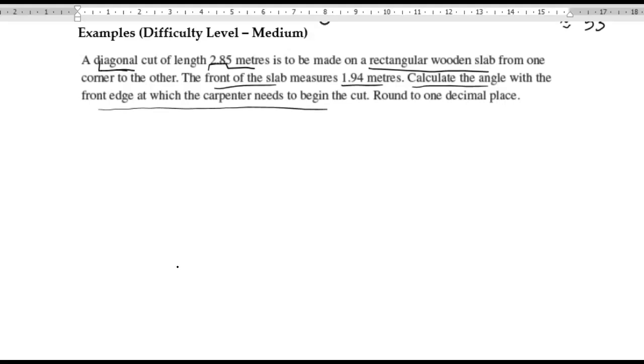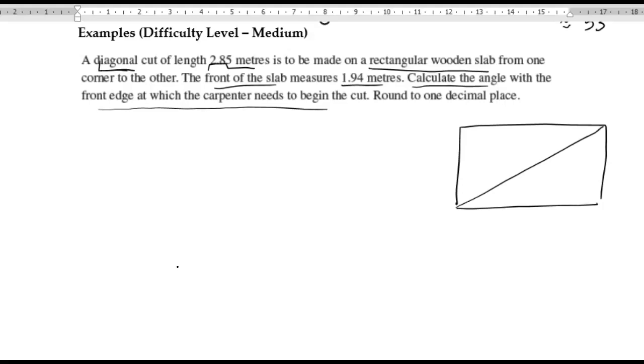So obviously we have a rectangular wooden slab. So I'm going to start by drawing a rectangle, right? They want to make a diagonal cut, so I'm assuming they're going to make a cut across the diagonal. And the diagonal cut is of a length of 2.85 meters. So that gives me that length here is equal to 2.85 meters. And obviously because it is a rectangle, those are going to be right angles at the four corners. The front of the slab measures 1.94 meters, right? So to me, that's the front of the slab. So that's going to be